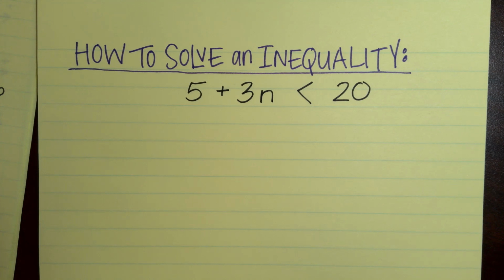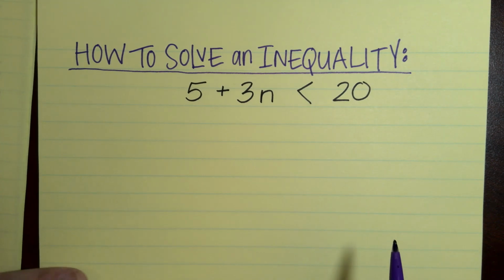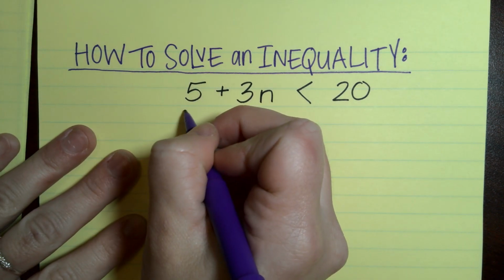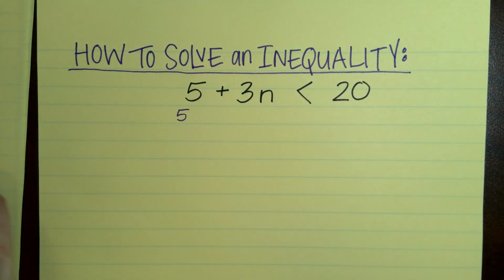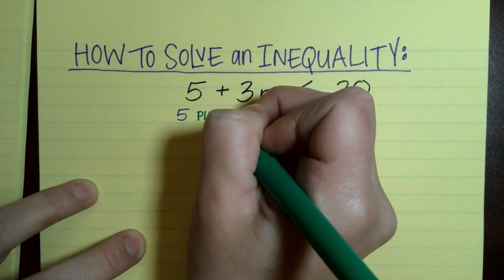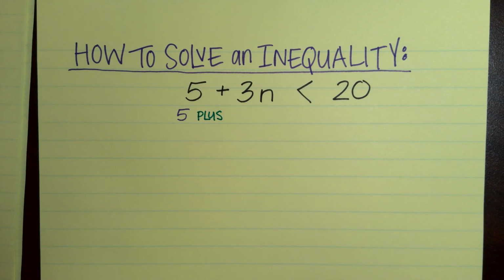So before we can even solve it, something that's very important is making sure we understand how to read this, because math has its own language, really. There's a way that we say each symbol, each number. We want to make sure we're saying it correctly. So I'm going to label this for you and kind of speak it out to you again. So right here we have 5, and I'm going to write my plus in a different color. 5 plus 3